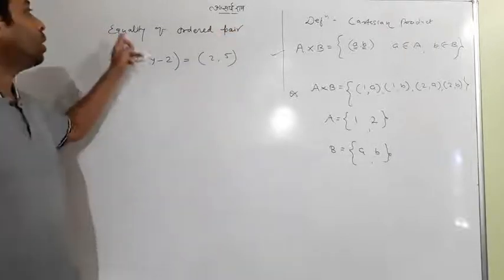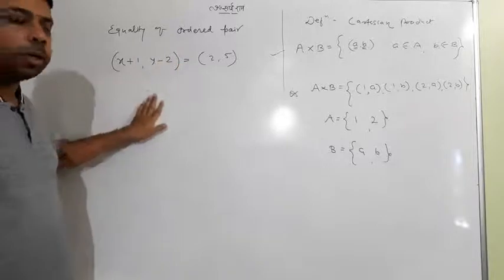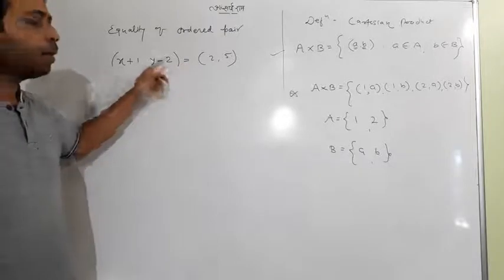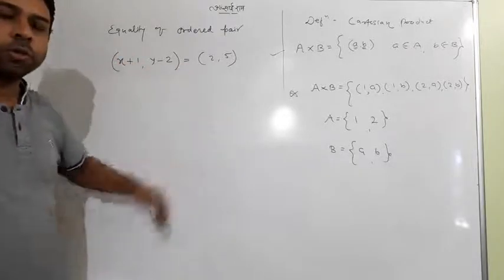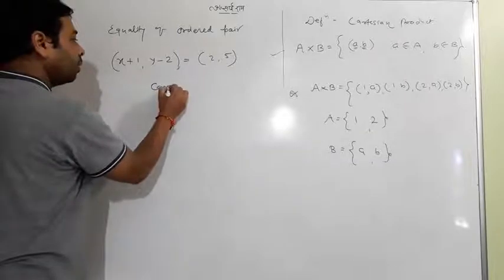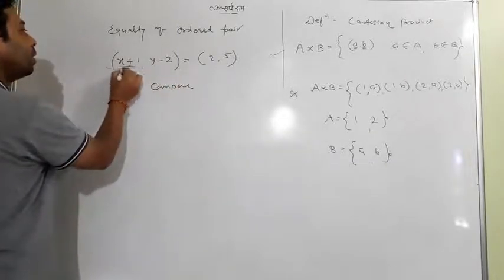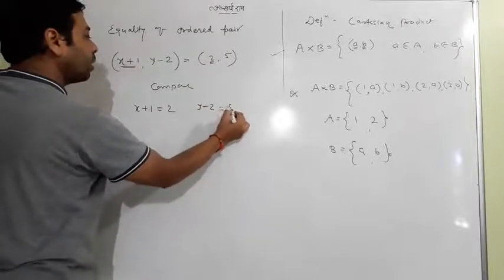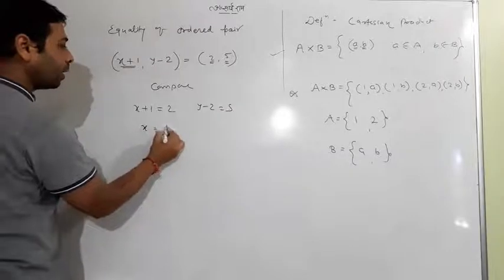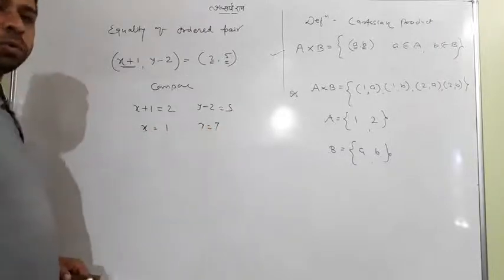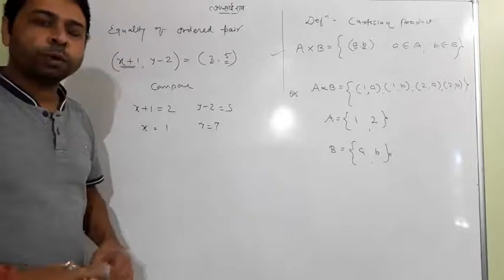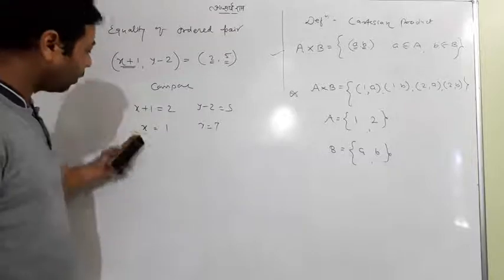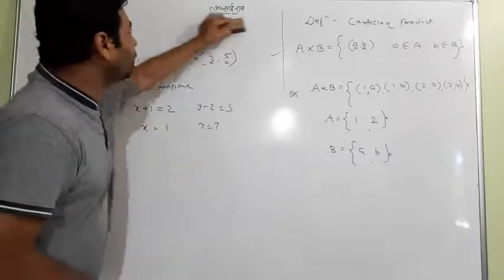Okay, now it is okay. Equality of ordered pair. This is an ordered pair, this is an ordered pair, and between them if you have an equal to sign, it means these elements are equal. So if these elements are equal, you can compare. On comparing, the x coordinate will compare to the x coordinate, and the y coordinate to the y coordinate. You can find x easily, and you can find y easily. So whenever two ordered pairs are equal, you can compare them by their x coordinate and y coordinate easily, and you can find the required values like x and y. So this is a very simple equality of ordered pair.